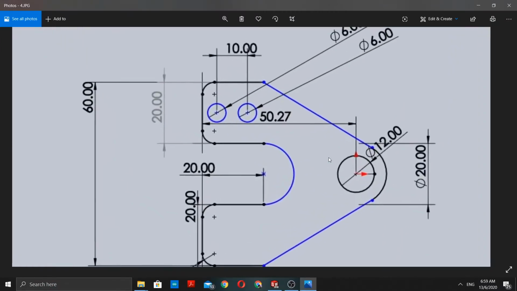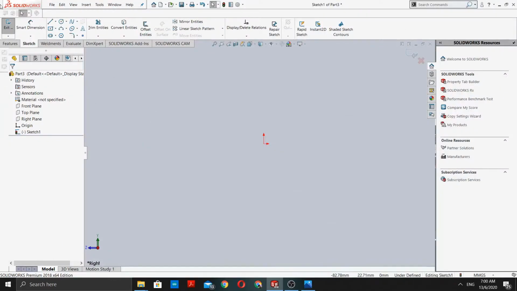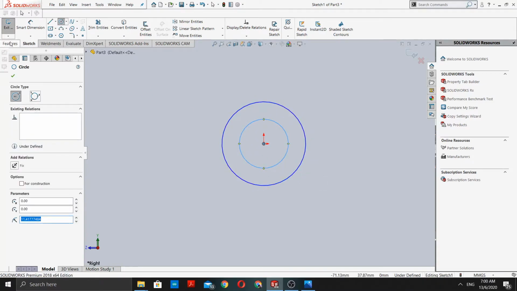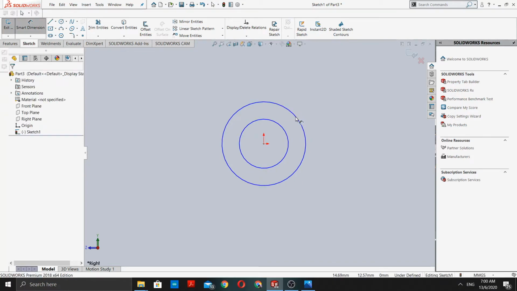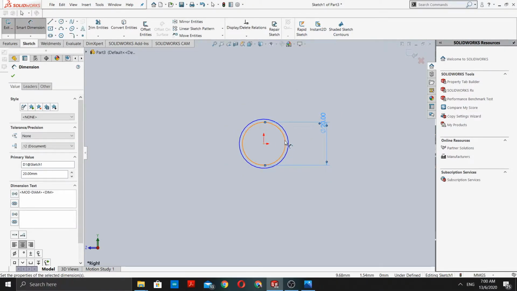So for this sketch, as you can see, we have a circle around the origin point, and then we have an arc just outside of the circle. But we will build this arc by using a circle. So at first, the diameter for this inner circle is 12 millimeter, and the diameter for this outer circle is 20 millimeter. Okay, so let's draw the circles first. One is an outer circle, another one is an inner circle. Okay, let's choose the dimension. This is 20 millimeter, and the inner circle,